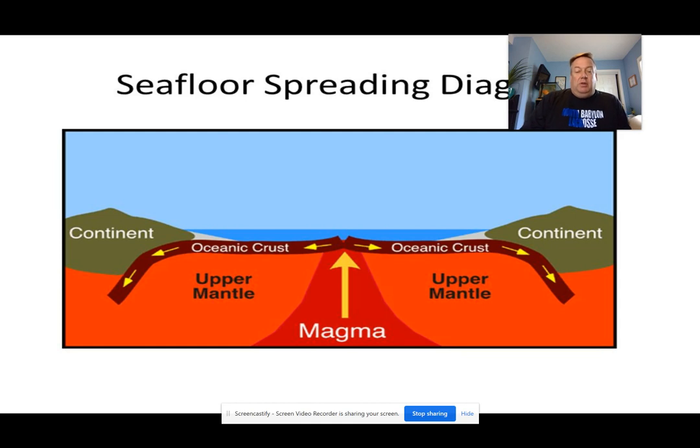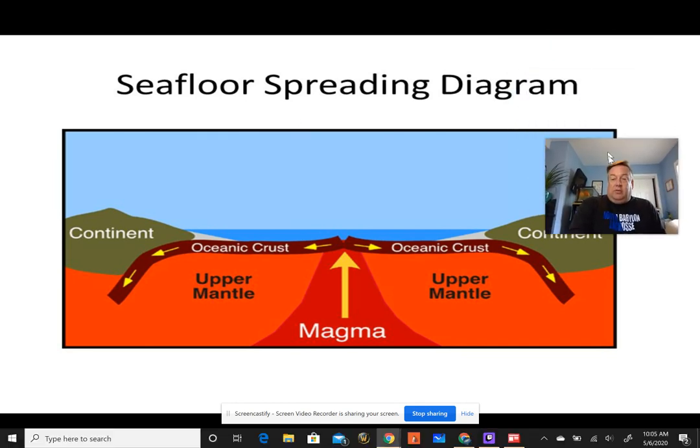In this case, if we looked at the left, this would be North America, and on the right, it would be Europe, or South America and Africa. So we're moving further and further away. You're getting this cycle that's moving like this. Now this crust comes down back into the upper mantle, where it melts, becomes magma again, and as it heats up, it eventually comes back up and becomes new floor. So the old floor is going to melt and help build the new floor. So that's seafloor spreading.